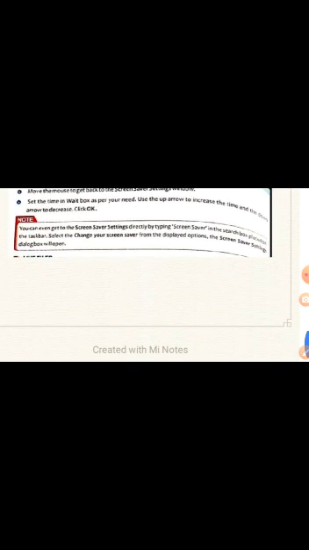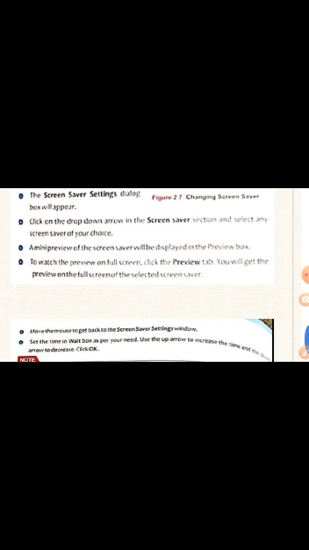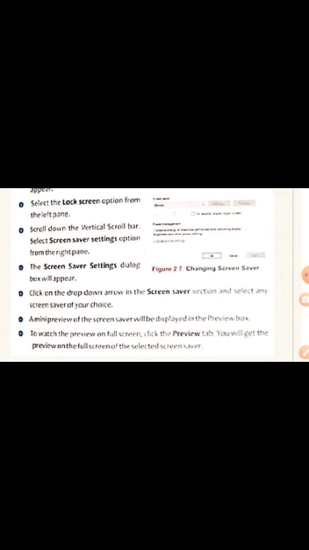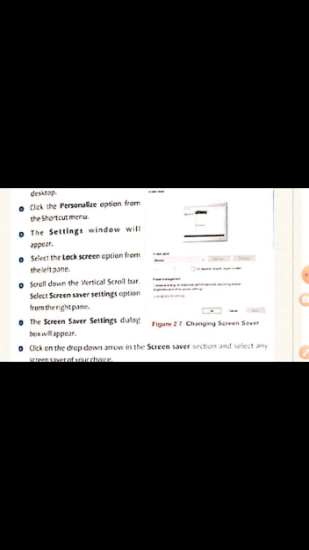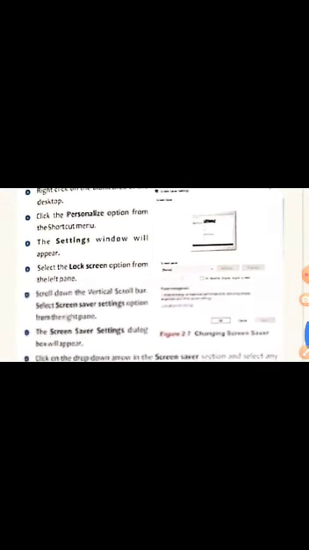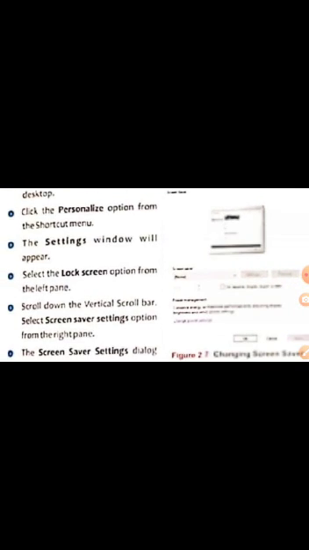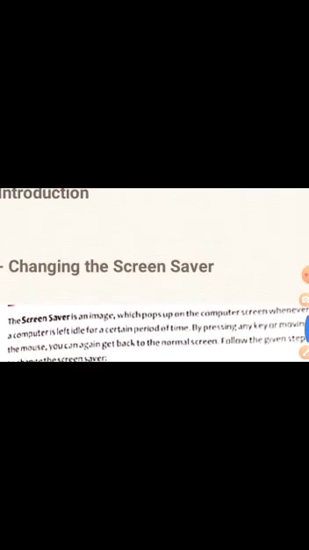I hope this has helped you, and I will be sending a PDF file also with a clear picture of the screensaver. Do the questions given in the PDF file as your homework and get familiar with the words that are used in bold here, like personalize option, settings, lock screen, screensaver, and words like shortcut menu.